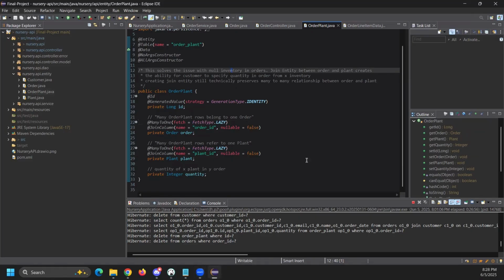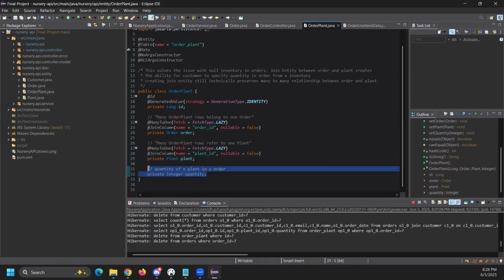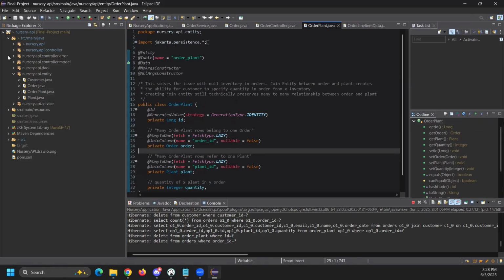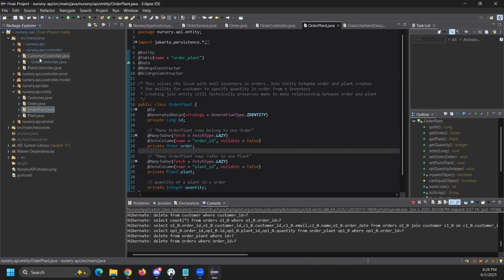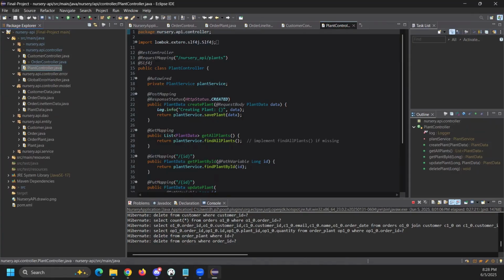There's a lot more that can be done with this. Again, we had a many-to-many relationship and still technically do between plant and order. However, in order to add the quantity of a plant in, I had to change this to a many-to-one mapping. Here, also had to add in some controllers specifically to keep the CRUD operations rolling succinctly, and then otherwise, this pretty much matches up to exactly what was shown in the pet park and the pet store apps, just with